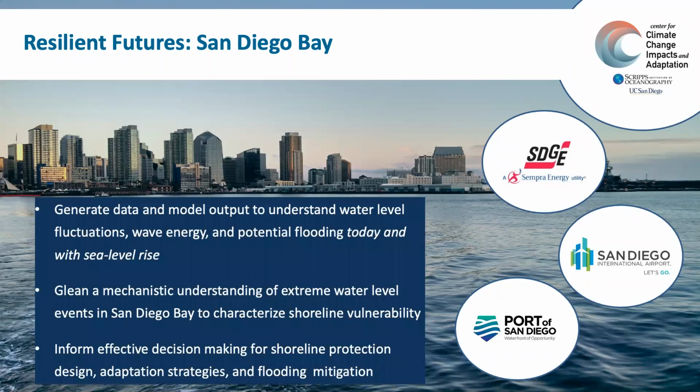The goals of the project were to generate data and model output to understand water level fluctuations, wave energy, and potential flooding both today and with sea level rise. Moreover, we are investigating the oceanic and atmospheric drivers of extreme water levels in order to characterize shoreline vulnerability in a variety of extreme event scenarios, in an effort to inform effective decision-making for shoreline protection design, adaptation strategies, and